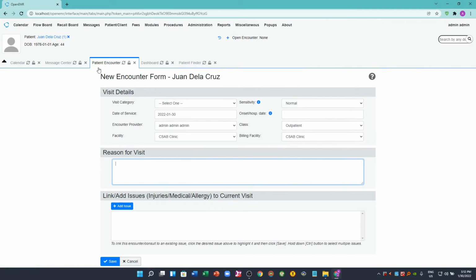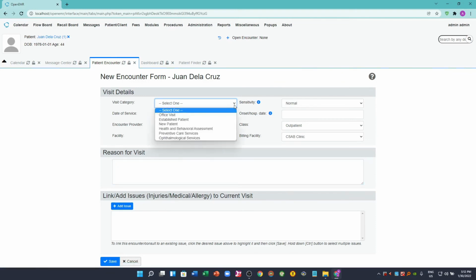So in our case, it's Juan de la Cruz. So we need to select now the category for our visit. For example, since Juan de la Cruz is a new patient, all we have to do is to select new patient. Then the date of service, which is January 30, 2022, and the encounter provider. In our case right now, for the purpose of demo, we log in our admin account. Of course, we can change that later on in our administration,